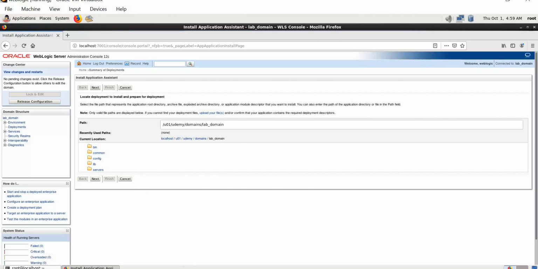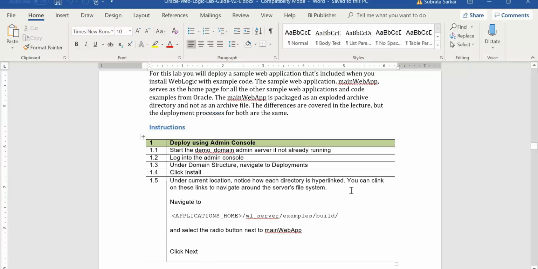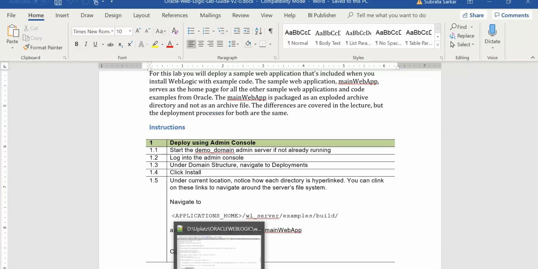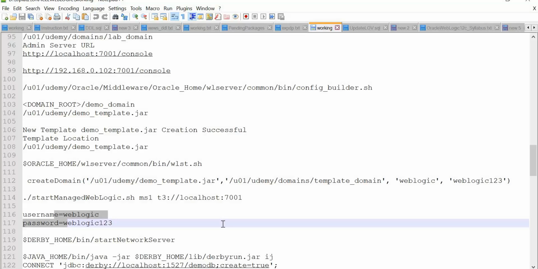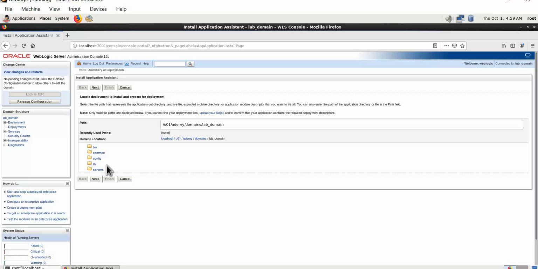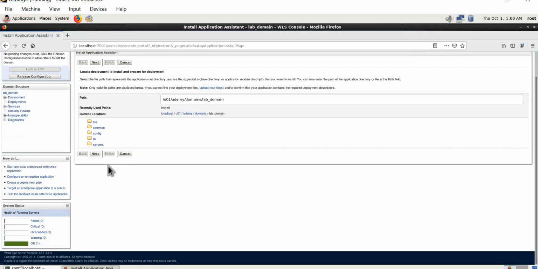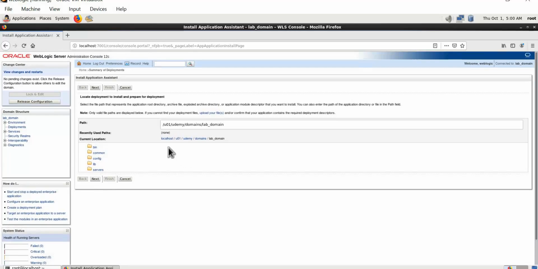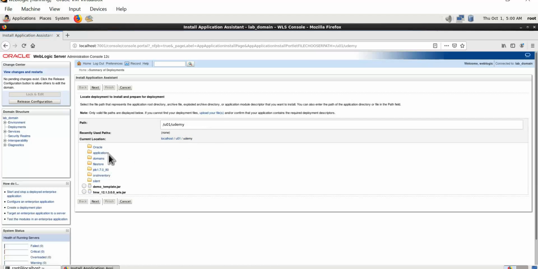Then we have to go to the location, current location, application home, which is Udemy, Udemy application slash U01, Udemy, then application,